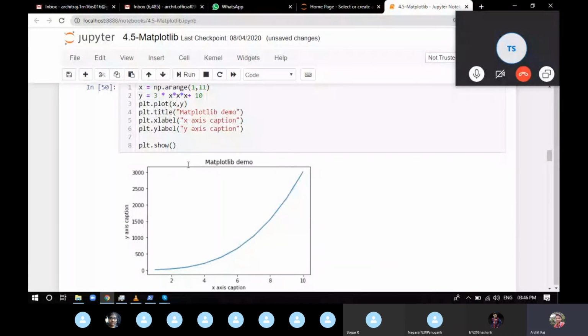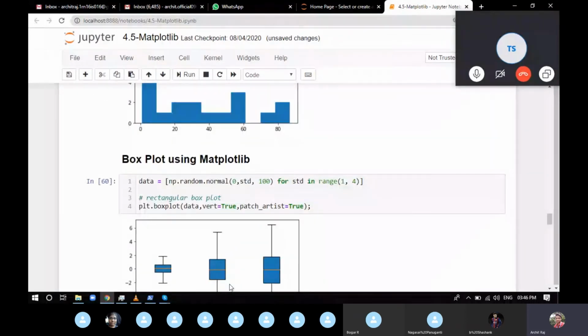Now the last thing that's left is the box plot. A box plot is not a usual thing that you have come across in mathematics. It is mostly used in machine learning to know exactly what kind of data you're dealing with. So if you use box plot, you can see the data has been generated as a random normal. Ignore this line for now; I've written it just to populate the data. I'll try to explain it.